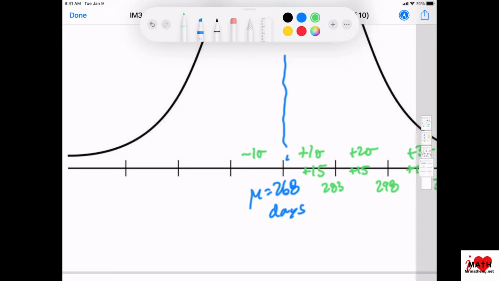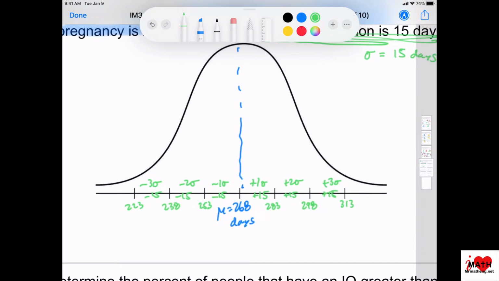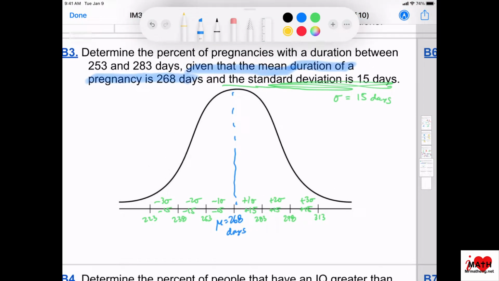So instead of adding 15 from the mean, we're going to subtract 15 once. This would give me the number 253 days. If I subtract 2 standard deviations, subtracting 2 15s from 268, you will get 238. And 3 standard deviations basically means you're subtracting 15 from the mean 3 times. And this would give you 223. Okay, let's locate 253, 283,